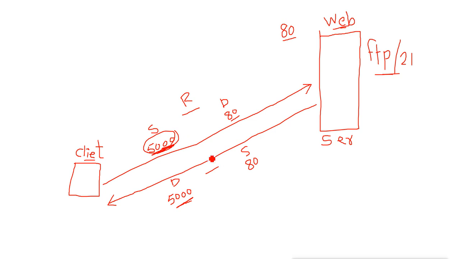But suppose I want to block this reply from the server, which we very rarely do. In this case I can be sure that the source port will be 80. But when we send the request, we cannot be sure which port is going to be used, while in the reply we can be sure which port will be used. So when we create the access list, very rarely do we mention the source port because it is not needed. But if we want, then we can do that.